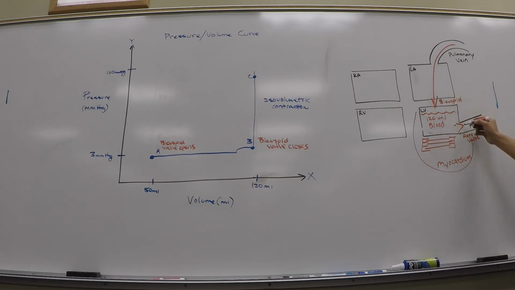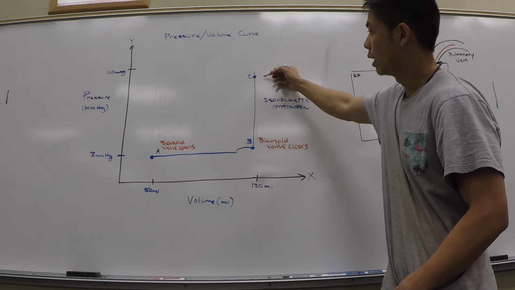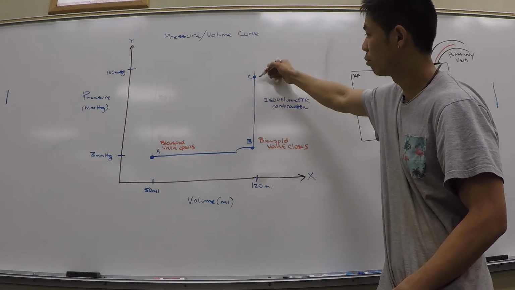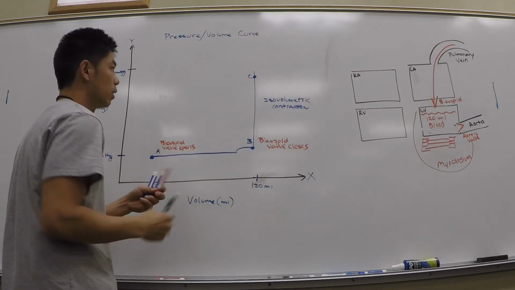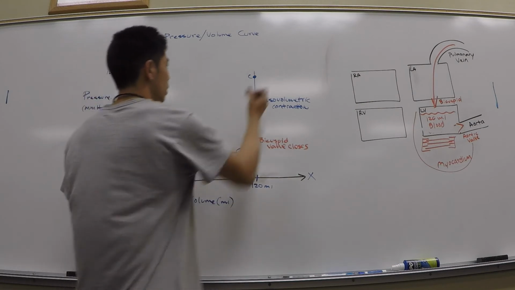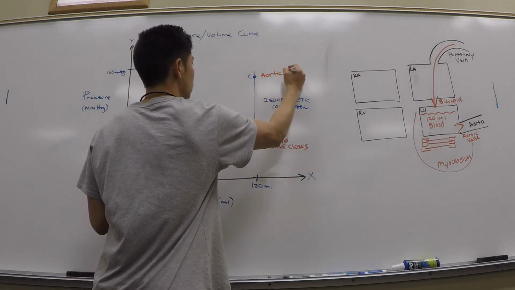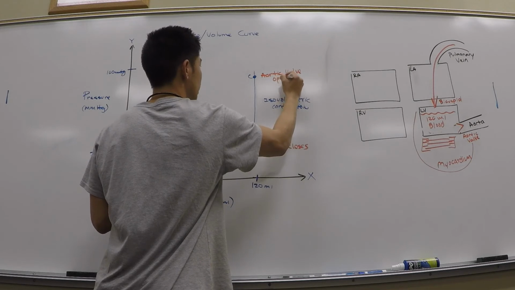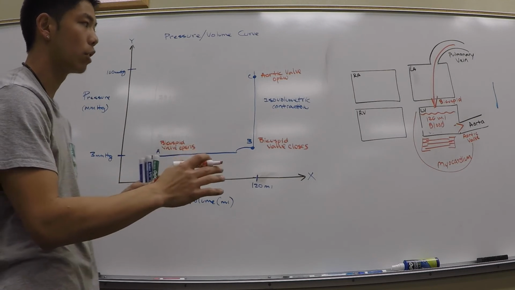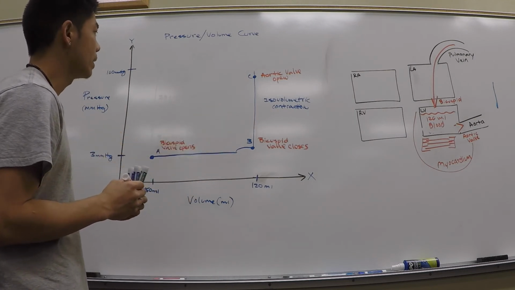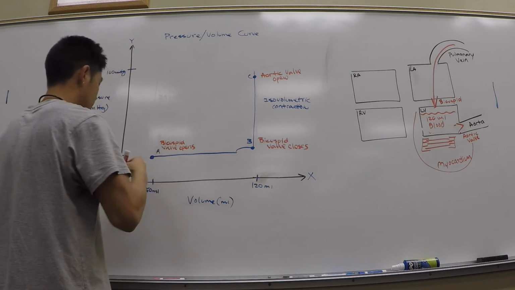However, since both valves are shut, if there's no change in volume, there's going to be an increase in pressure. So we're going to be increasing this pressure due to the squeezing of this myocardium, and that increase in pressure is going to be shown here. We're going to have an increase in pressure even though our volume is staying the same. And at point C, the aortic valve is going to open. The aortic valve is going to open when the pressure in the left ventricle becomes higher than the pressure in the aorta. And so at point C, we're going to see something known as systole,